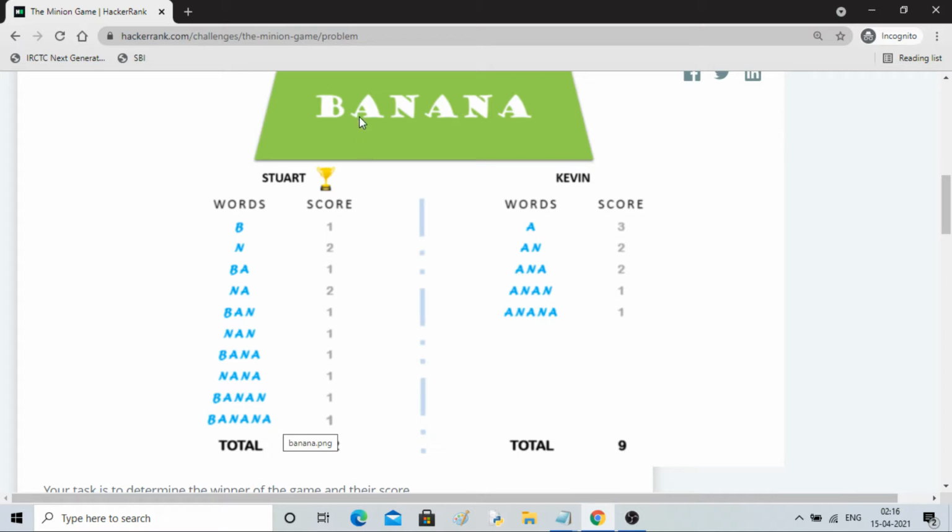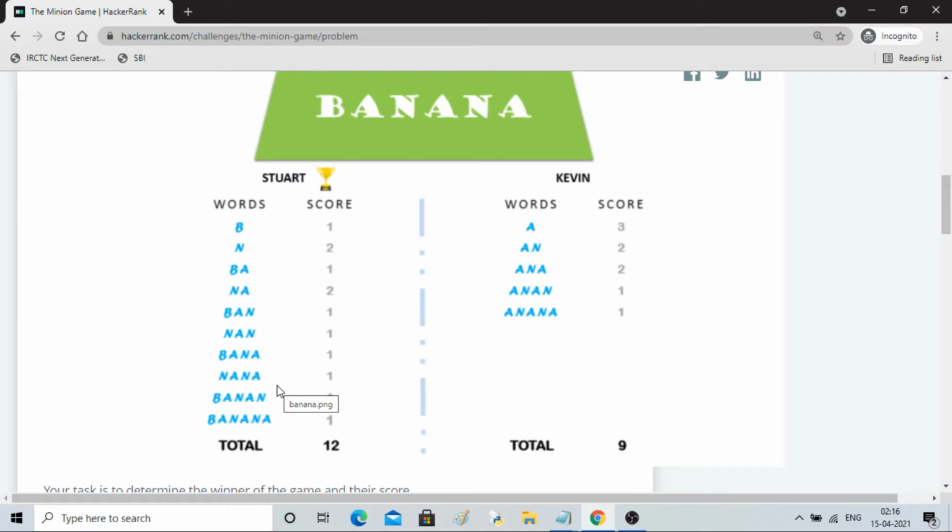Then it starts from A: A, then AN, then ANA, ANAN. You can see that all four words are made here. Similarly, Stuart will start from N now: N, then NA, then NAN, then NANA.